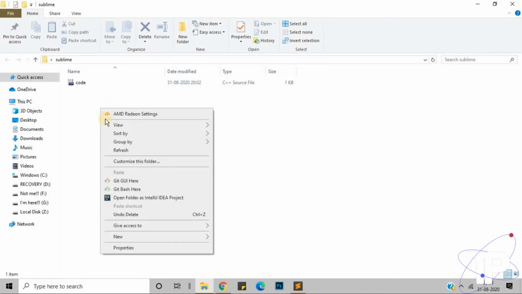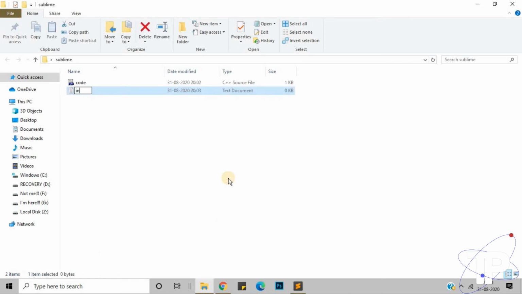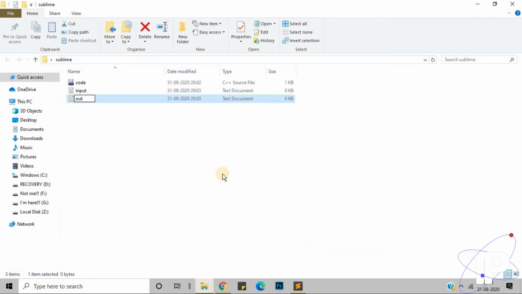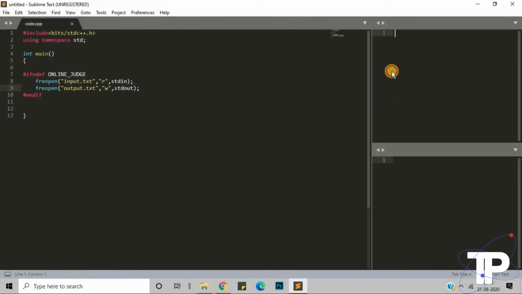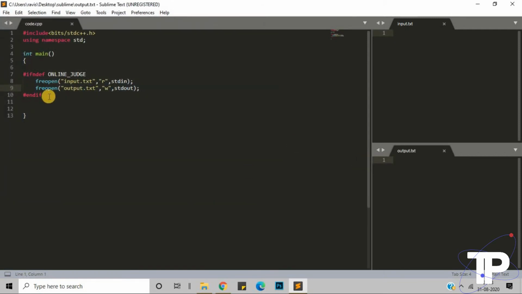In the same directory, you need to just create this text document, which you will name as input, and another text document which you will name as output, right? And just go here and click on this one and then open input from here, and now click on that one and open output from here. So first of all, let's run a simple program, that is cout